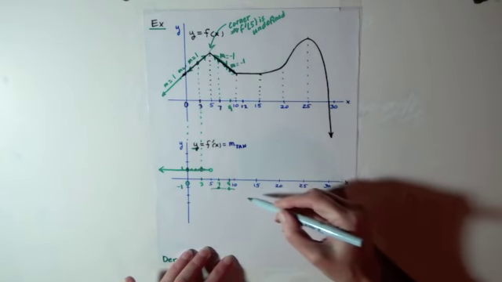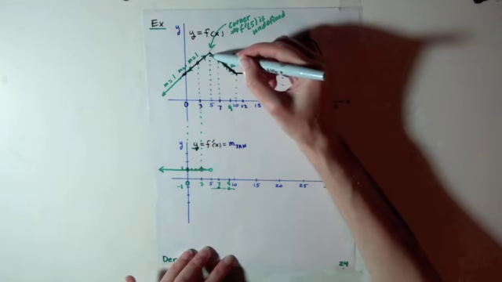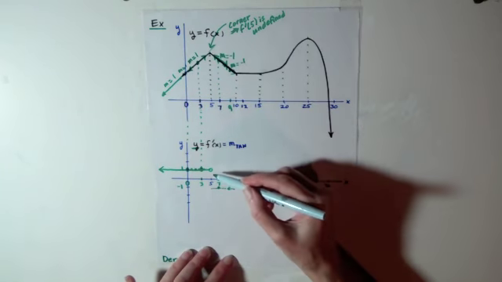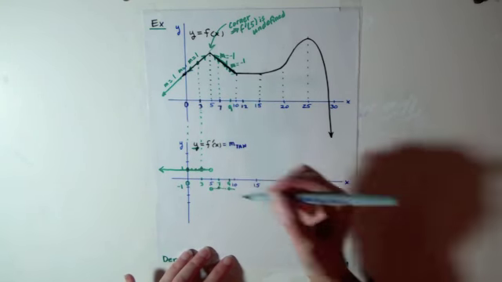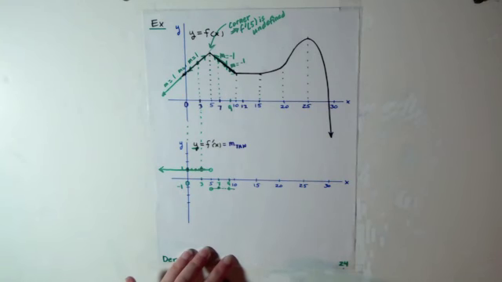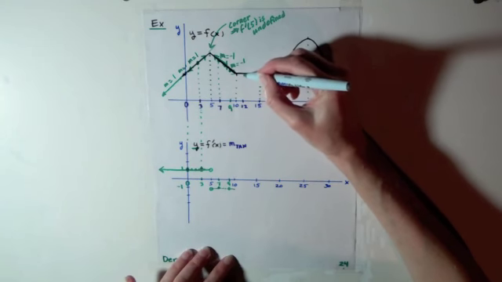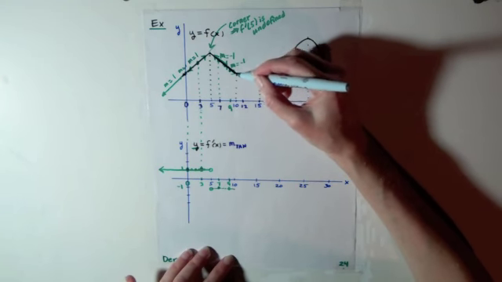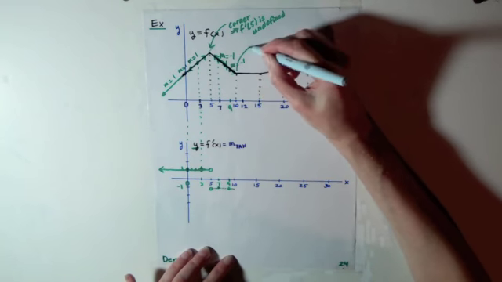And so you're going to get another horizontal line in this section. Right at 5, we said the derivative is undefined. So I have to put a hole in the graph here to indicate that my derivative is undefined at 5. And you notice at 10, there's also a sharp change in the slope of the tangent line. And so I also have a point at 10